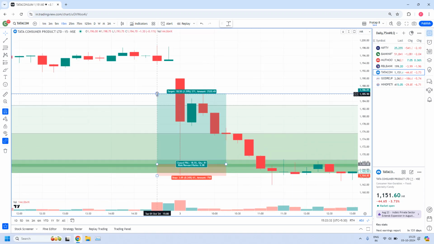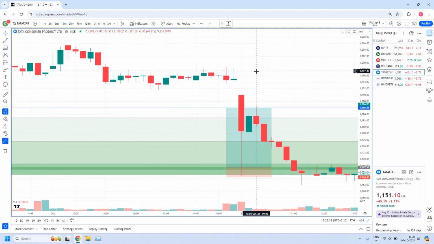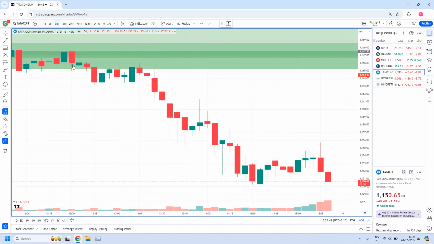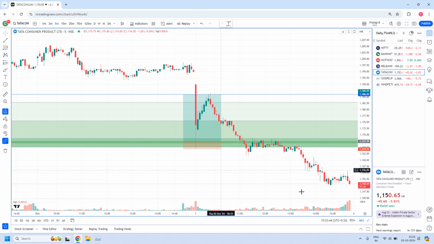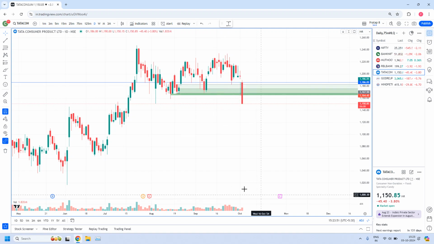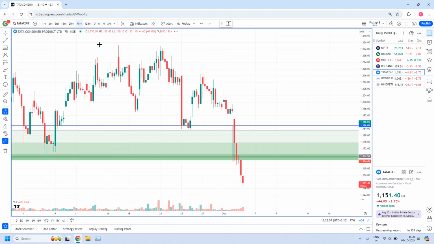Morning it was something like this. This is the place it was opened, and then there is a wick towards up, and then came down. But now candles are behaving differently. Is there any dividend adjustment today? Let me go to the daily chart. No dividend adjustment today. Okay, anyway,